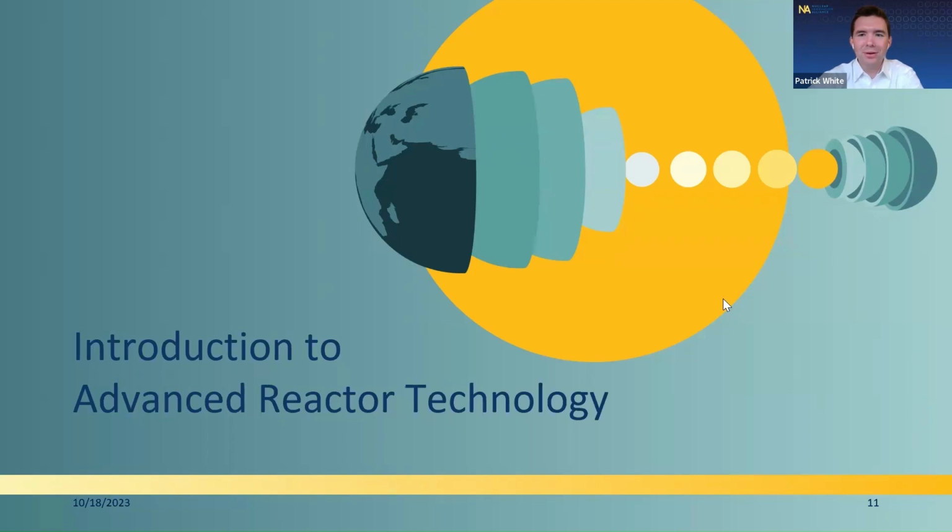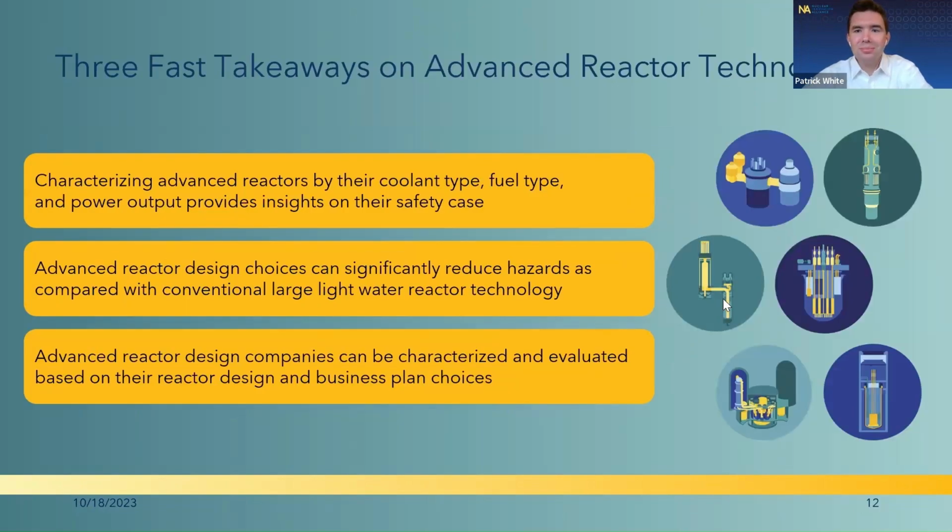Very excited to be talking with you all today and to really dive into a 201 on advanced reactor technologies. So with that, I always like to start my presentations with a couple of main takeaways. The first one is that as folks are starting to look at advanced reactors, one thing to keep in mind is that it's possible to characterize the different advanced reactor concepts that are currently under development by private companies by taking a look at things like their coolant type, their fuel type,